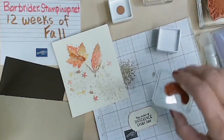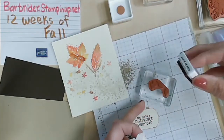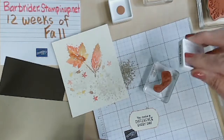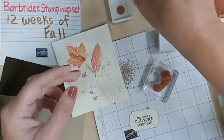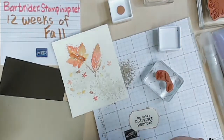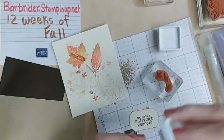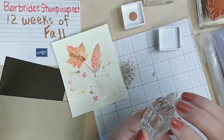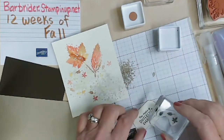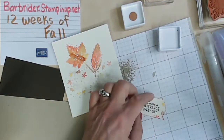Now, we are going to come back in here with this fun little leaf. And let's go ahead and use these, ink that up. Go back to the crushed curry, pretty yellow, and then this middle one is the cinnamon cider. All right, let's take that and let's see. Let's just come on this side, stamp here,